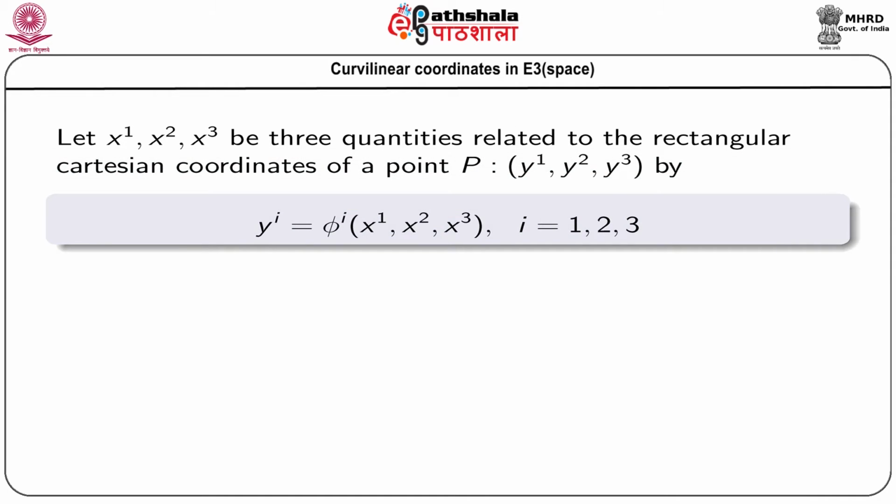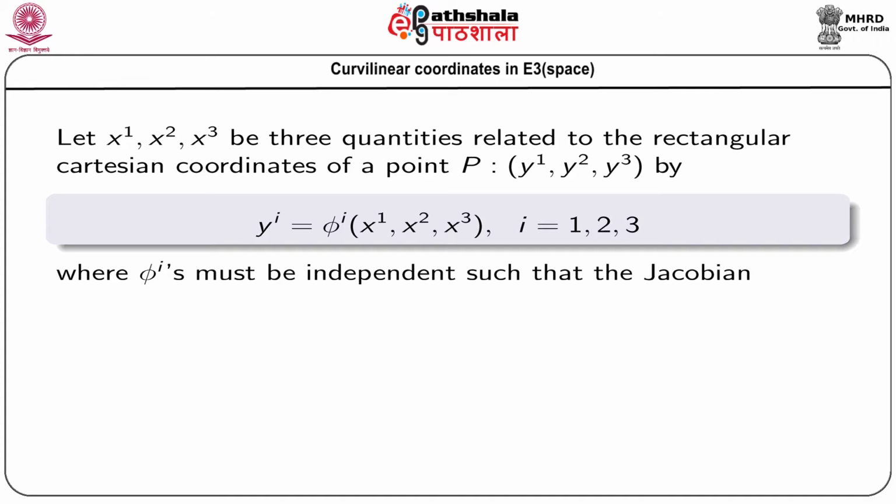So, we can write this expression y^i equals φ^i(x1, x2, x3), where i is running from 1 to 3. That means y1 equals φ1(x1, x2, x3), y2 equals φ2(x1, x2, x3), and y3 equals φ3(x1, x2, x3). So, three functions are there,